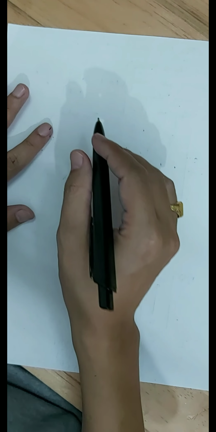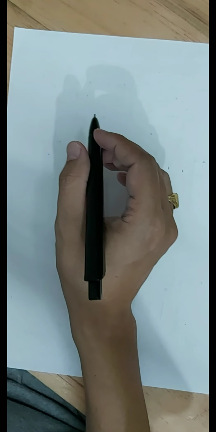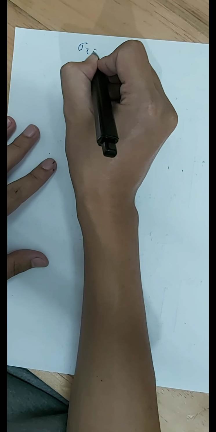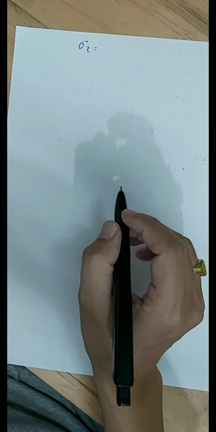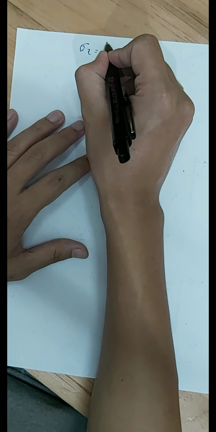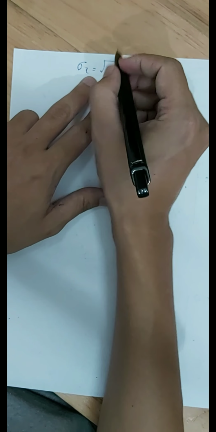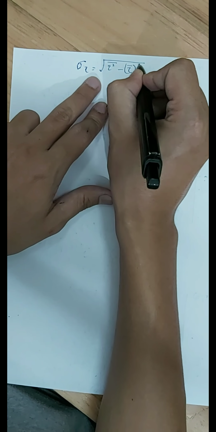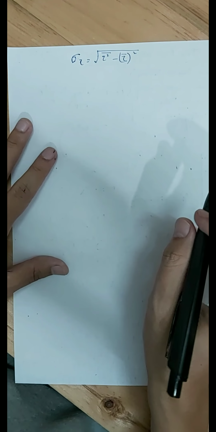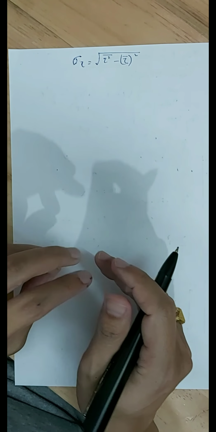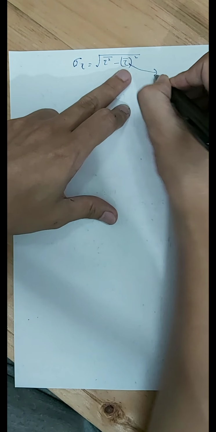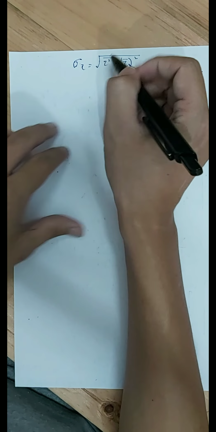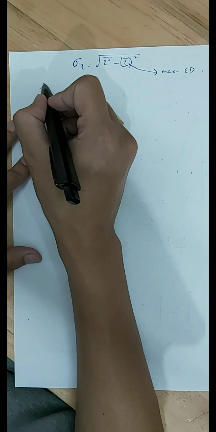Now, RMS delay spread. What is this? RMS delay spread is given by the formula sigma tau. Sigma tau is given by the formula square root of tau square bar minus tau bar whole square. This is the formula for your RMS delay spread. What is tau bar? This is your mean axis delay. What is tau square bar? The formula of this one will be given by